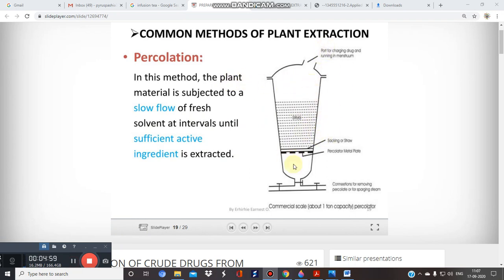So this is your assembly. Here you can see a percolator with a metal plate attached, above which you will put your sample, that is your drug, and here are the connections for different types of steam. You are using different types of percolators that may or may not be subjected to steam, because I will definitely show them in the laboratory also, as we have different types of percolators in our lab and we are going to see a practical demonstration. Again, a very simple procedure. In this assembly, we will put our drug at this point, and above this we will put our solvent, and we will allow this sample to macerate. So percolation again involves the use of maceration.